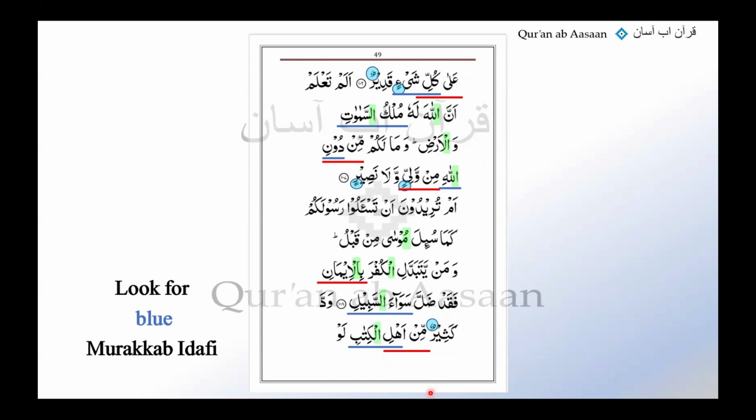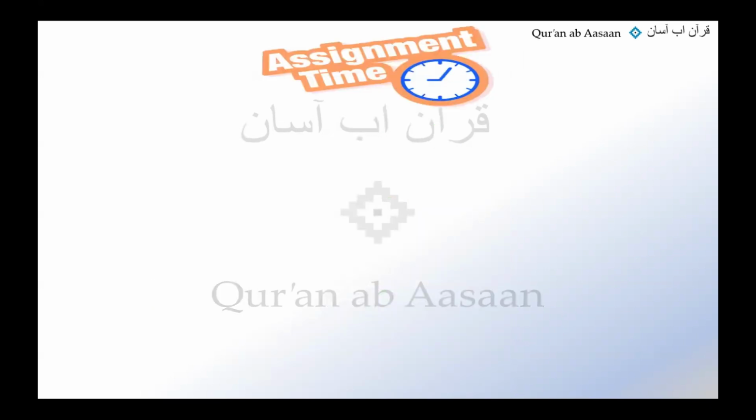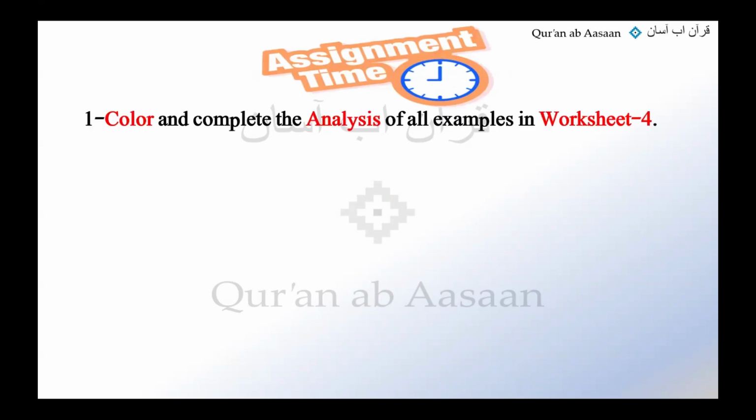It's pretty interesting, isn't it? Bit by bit, we are moving forward and, Alhamdulillah, learning a lot of new things and understanding a lot of new concepts. All right, now comes the assignment time. What is the very first task for you to do? We are going to color and complete the worksheet first, okay? I've said this before and I'm saying it again. It is very important to follow the order of different tasks in the assignment slide. Do not think that I have written this on number one for no reason. There is always a reason for it, okay? So do color and complete the analysis of your worksheet examples first before you do anything else.